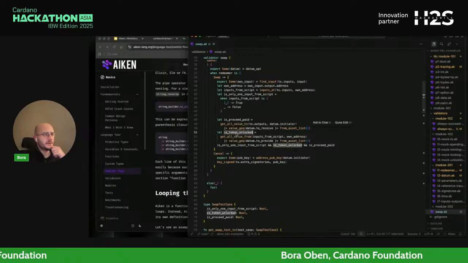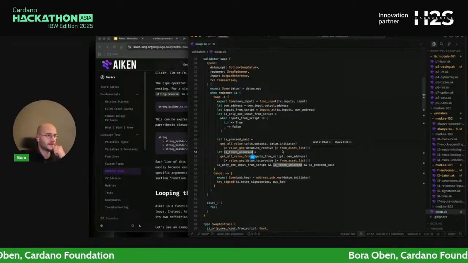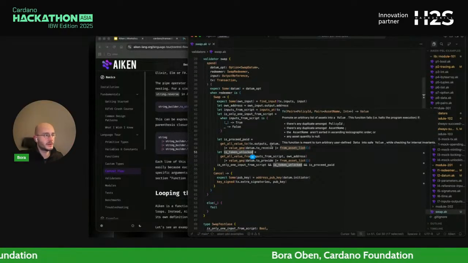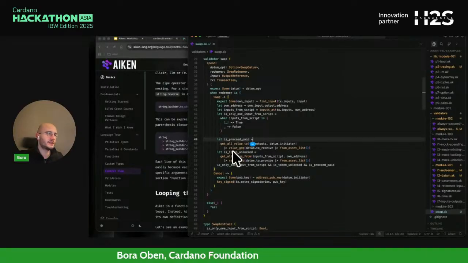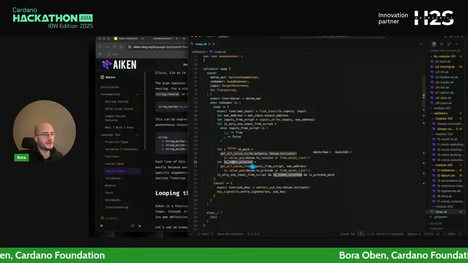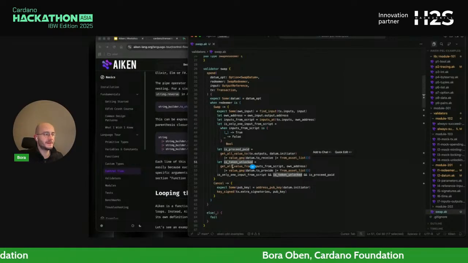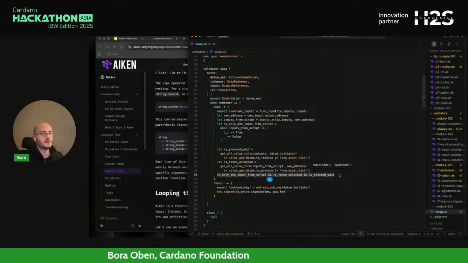And then it is also checking for some logic regarding if the token is unlocked. In this case, the tokens that should have been unlocked for the swap to take place, you can think of. And if these two statements evaluate true, our smart contract at the end passes. So this is the whole logic, actually.